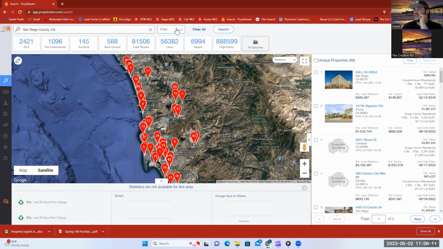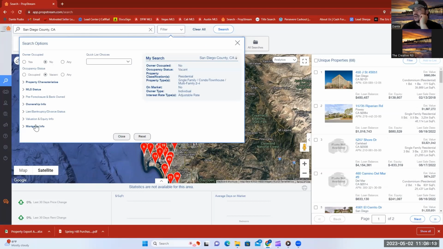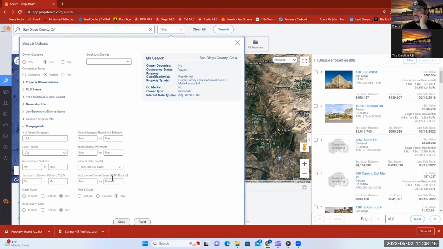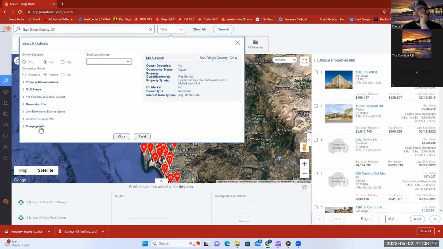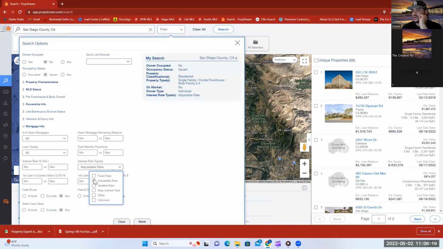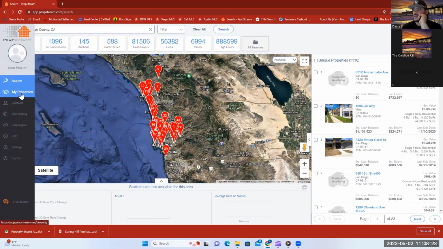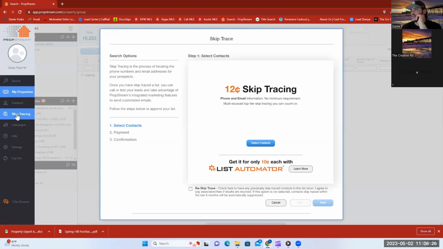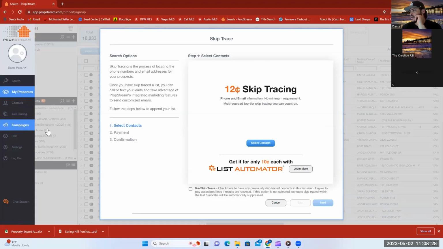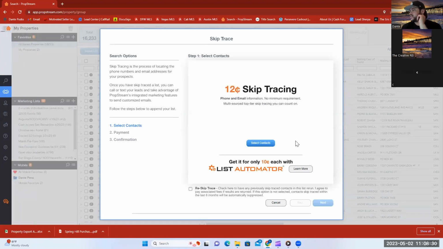Obviously you get 68 properties when you do that. But I think for the sake of keeping it simple, let's just do the regular filter of the 1,100. Then we're going to pull this list and go to skip trace, right? So you're going to have 12 cents per deal. Now keep in mind, guys,